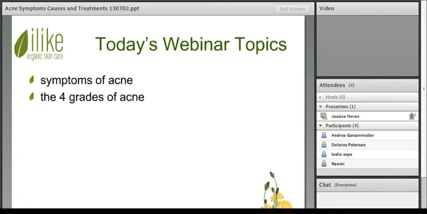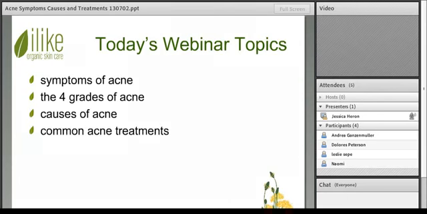So we'll be going through the observations of each type of grade of acne, what the condition looks like, what some of those symptoms are, and some of the causes as well, just defining those for you. And also some of the causes of acne. What are some of those common causes that can bring about the condition and the disease and the disorder, and we'll discuss those as well. Common acne treatments, some of the treatments that are available at your disposal today